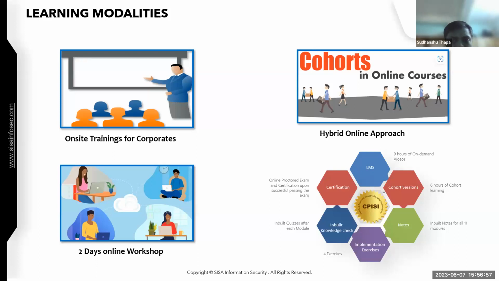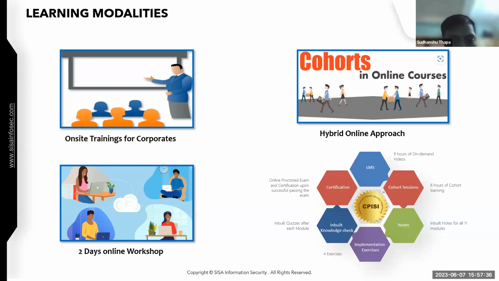Now, like Manoj has also informed, there were a lot of requirements from the industries, deadlines were coming up, right? So the industries want us to deliver as much training as we can, and we saw a steep increase in the requirement. So apart from the on-site and the 2 days workshop, we came up with the third mode of training, which we call the hybrid training model, like you can see over there, which is also a cohort training model. Now in hybrid, it's an online training augmented with live training,